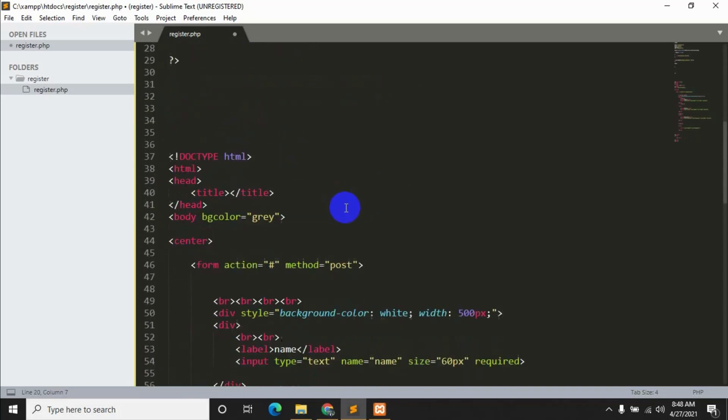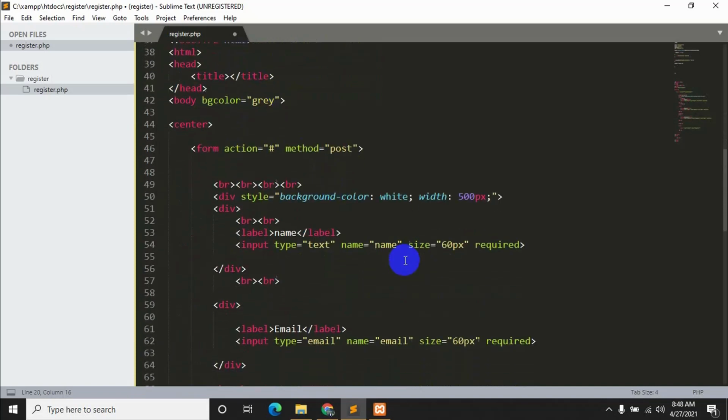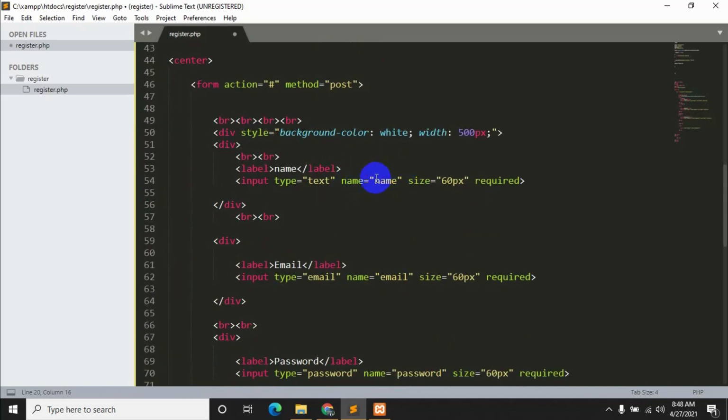We write $name is equal to $_POST, then third bracket, and inside this third bracket two double quotation, and inside this quotation we need to write this name exactly as over here.